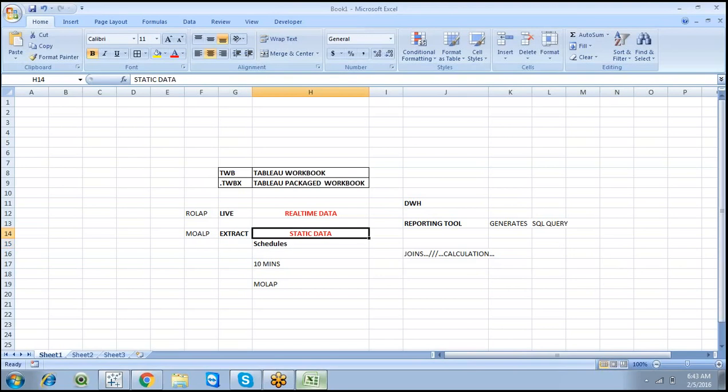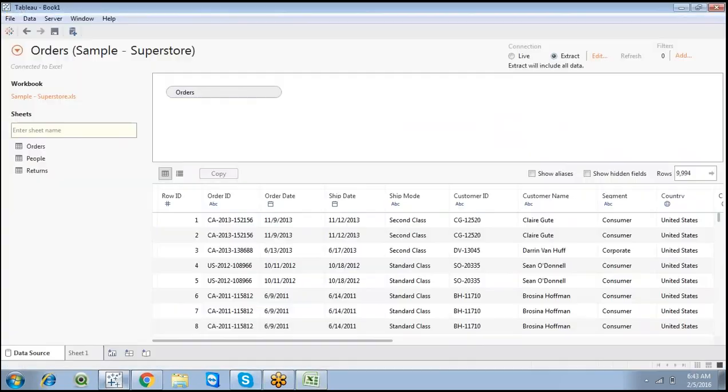But just remember, for better performance we can go with an extract connection. So we have a live connection and we have an extract connection.